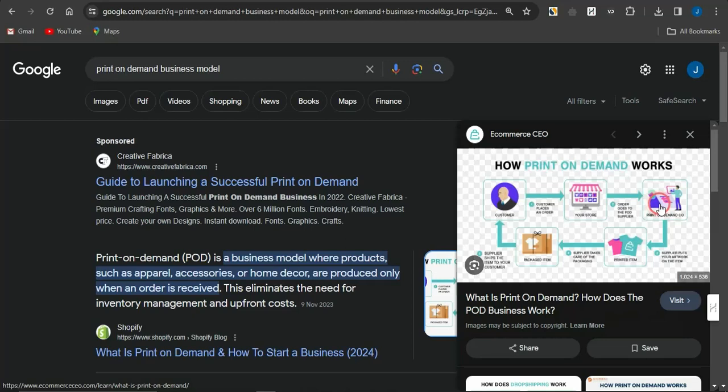Once it brings that to life and prints the designs on some items, it's going to ship that to your customers, and the profit is going to be shared between you and the company that prints it. So this is a very cool business model. All you need to do is come up with some amazing designs and advertise such designs. The platforms you can use for the print on demand business model are quite numerous.